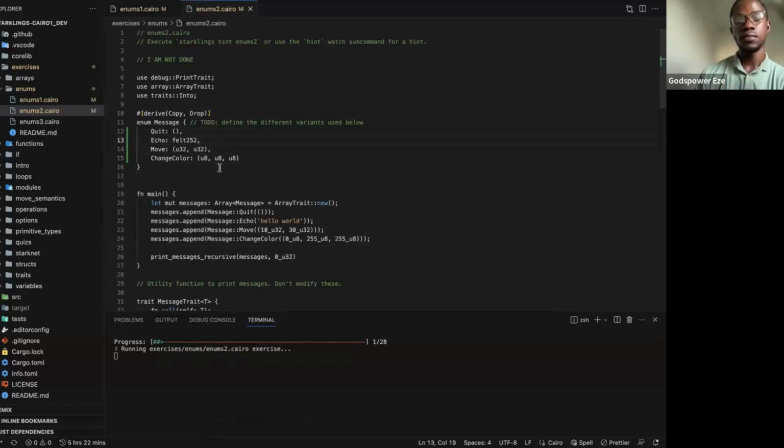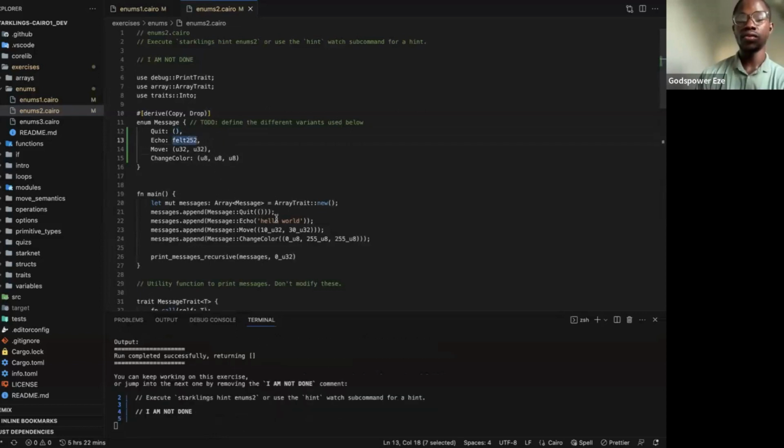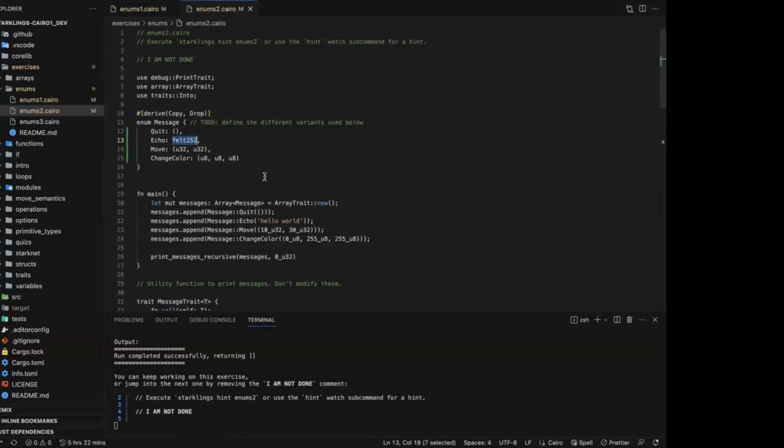Now, just like the way we did the first one, this is empty. This is a string, right? You know, in Cairo 1, felt252 can take in values from the move option, it would have the square brackets, or sorry,